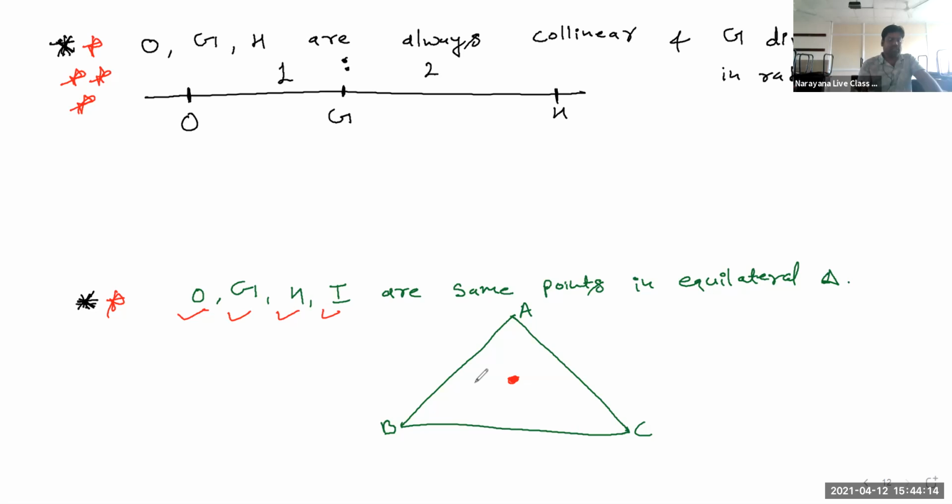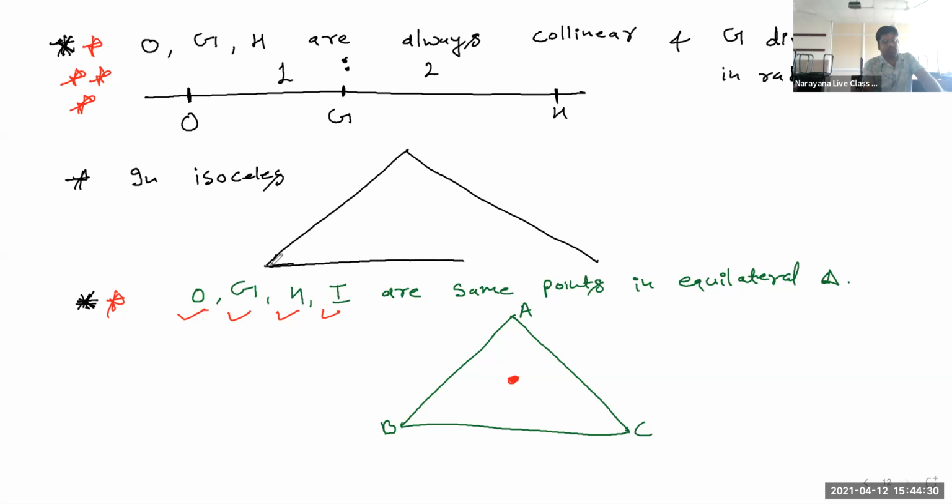But in an isosceles triangle, one more thing to understand. Did you hear the name of isosceles triangle? An isosceles triangle is a triangle in which 2 sides are of equal length. So if this angle is theta, this angle is theta, then this side will be equal to this side. So this is an isosceles triangle.